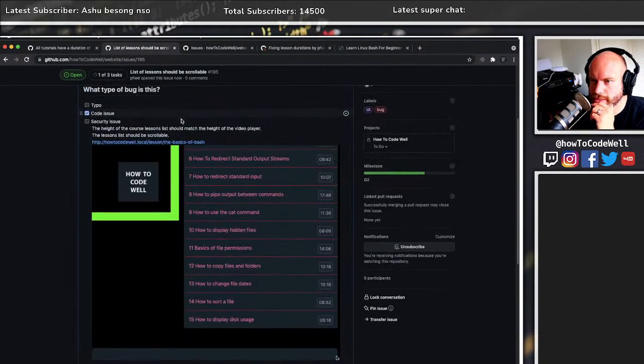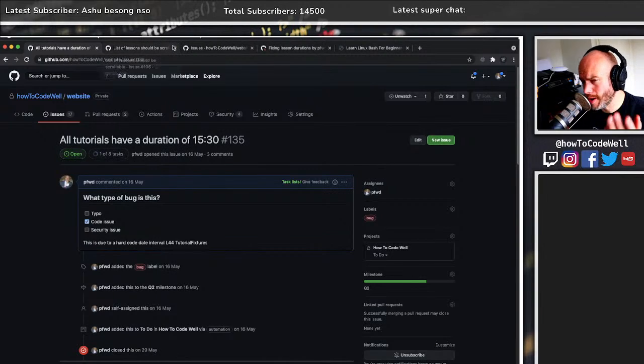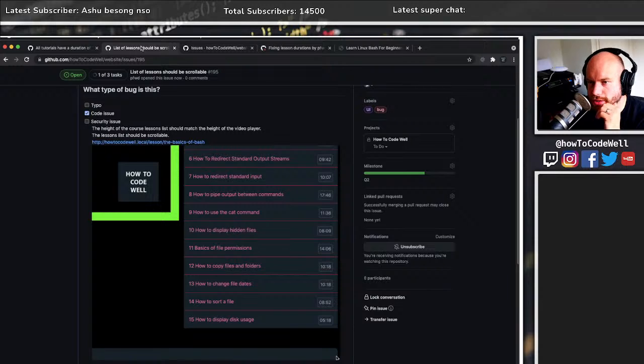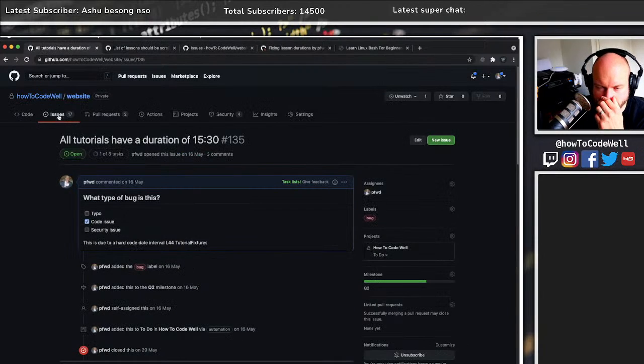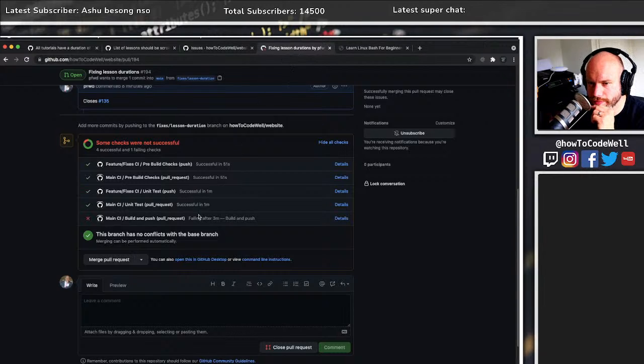Yeah, so that's the height of the lessons, that's the list, that should be the cutoff point. That should be scrollable. It was. We had it working before, but I think I've changed the styling and something has happened and it's broken. I've done a lot of styling of that particular page because of the course notes. That's something else we could do, some more course notes, but let's,